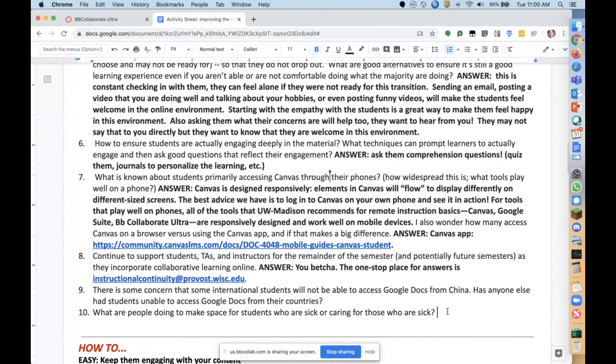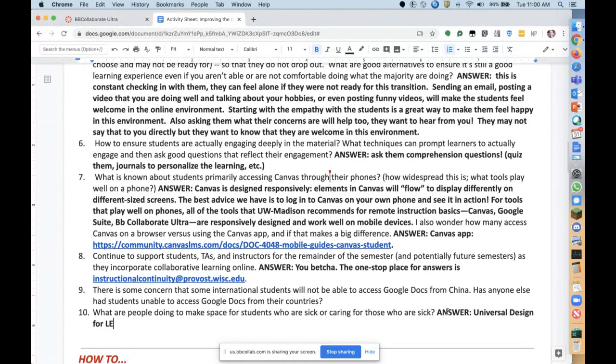And given the question that was just asked, for students who are dealing with caregiving and other challenges at home, they may not necessarily come forward early on to say, this is what I'm dealing with. Sometimes as an instructor, if you pay attention and notice folks are